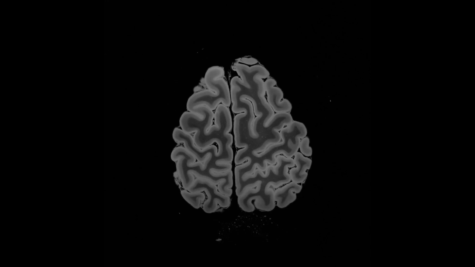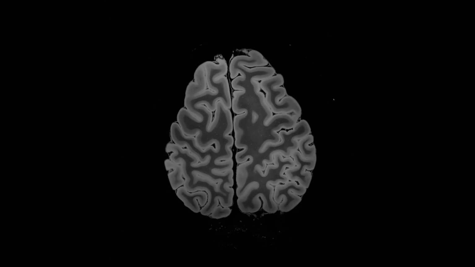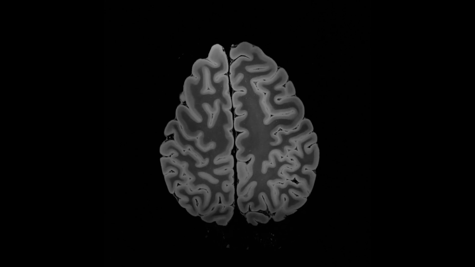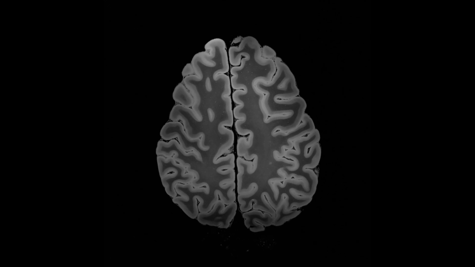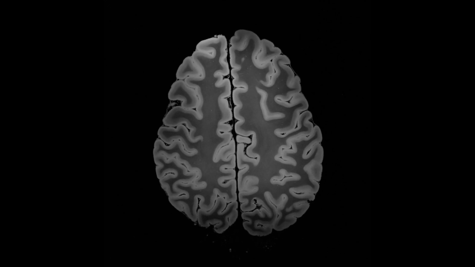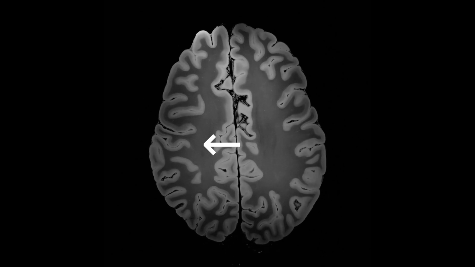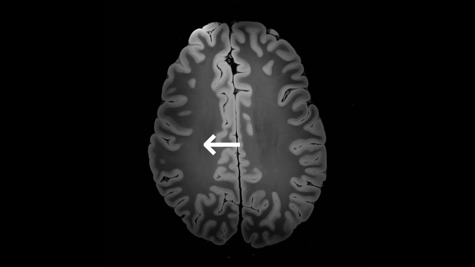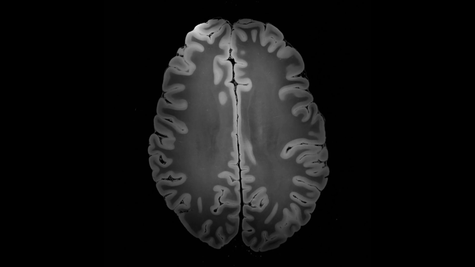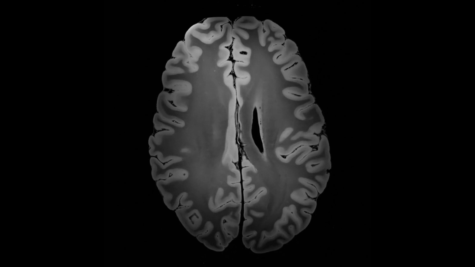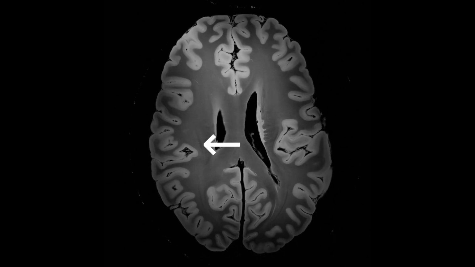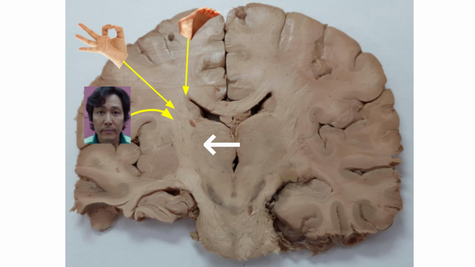So as we descend downwards, we start to see the gray matter giving way to the white matter. And that whole confluence of white matter that we see here is called the centrum semiovale. As we descend further, the centrum semiovale gives way further to the corona radiata, a set of radiating fibers